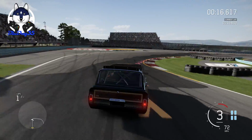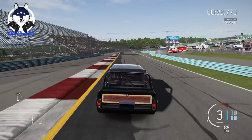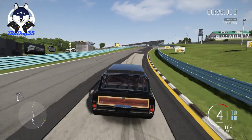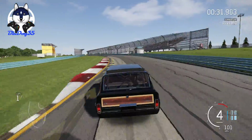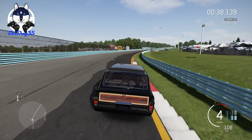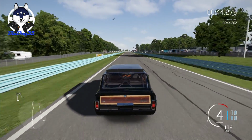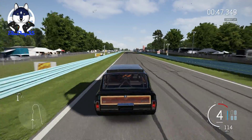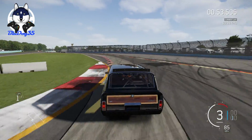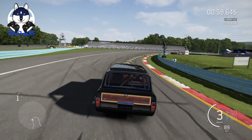If you remember in the previous video, we supercharged. I forget exactly what it's making, but it weighs about 3,600 pounds. Not sure what that is in kilograms, but just divide it by 2.2, I guess, and then that's what you get. Because I know a kilogram is 2.2 pounds. That's at least what I've been told. So we're gonna try and go for...